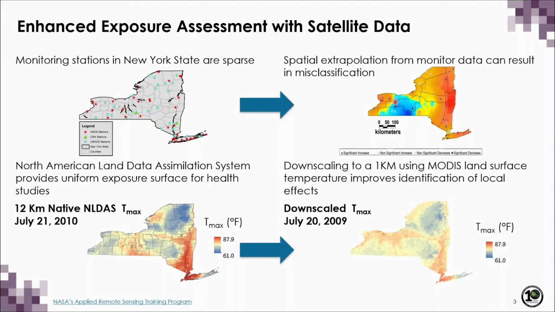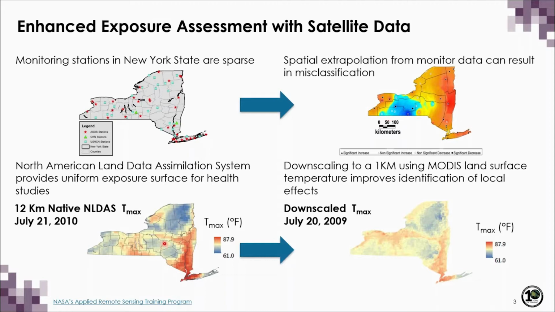The second map here is a simple spatial interpolation of these data. So we used 30 different monitors that had at least 60 years of data to estimate climate trends. And we can see that there are regional differences in how climate has changed across New York State, but the spatial interpolation is very crude. So you can see here we're borrowing from stations that are very far apart.